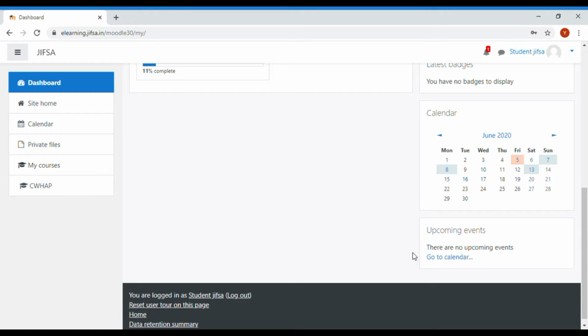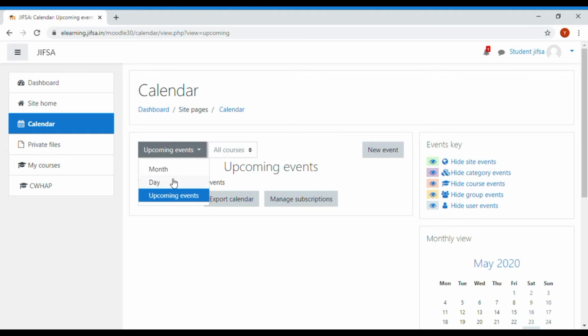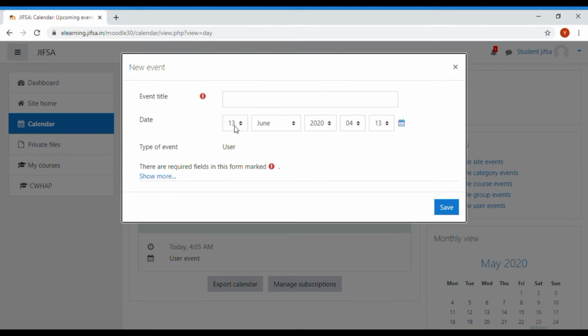If you want to add a new event in your calendar, just go to the calendar, select upcoming events, and click new event. Then you can select a date and time, hours and minutes, and describe your event.